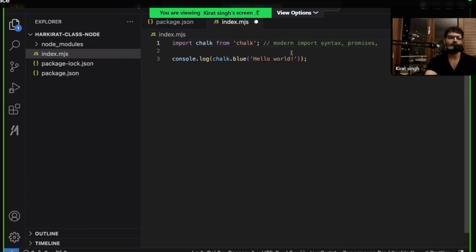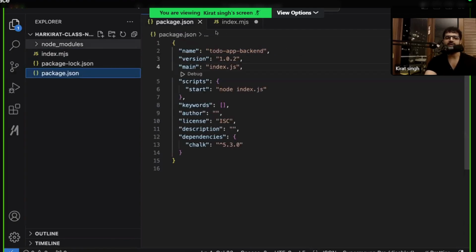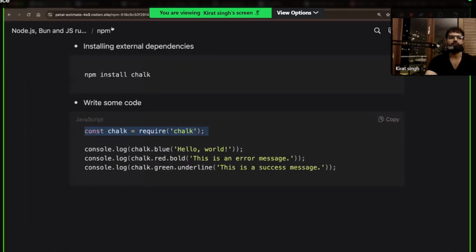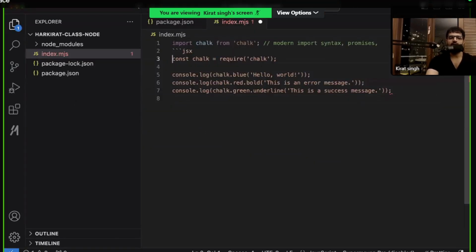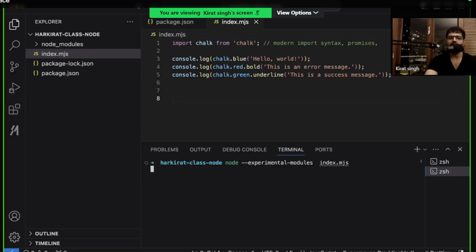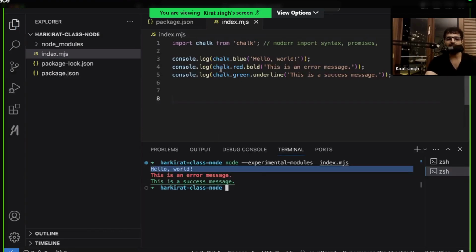Similarly, as years went by, this slightly more modern syntax was introduced. To be able to run this locally without touching the package.json at all, rather than having an index.js file, have an index.mjs file, where the only thing that's different is this import. All the rest of the code can still be the same. Let me copy the rest of the code and paste it over here. What does it do? It's similar to console.log. This library, chalk, just lets you log things in a slightly more pretty fashion, which is exactly what is happening over here. If I run this, you will see hello world gets printed in the blue color.